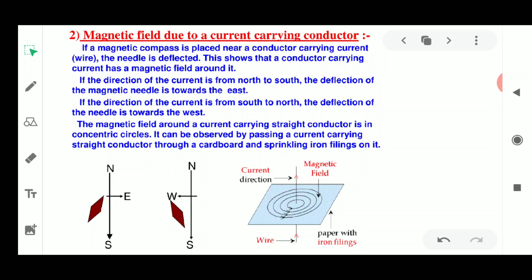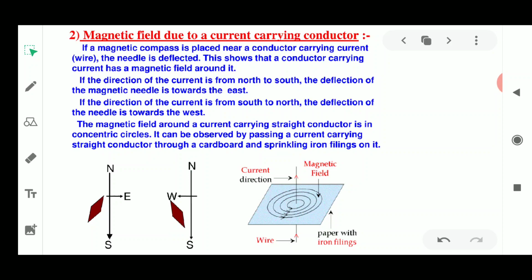Then we discussed the properties of magnets, or we should say the properties of magnetism. The first property was attraction, and it shows two kinds of forces, that is attractive force and repulsive force. Like poles tend to repel each other, they show the property of repulsion. The next property was attraction, where unlike poles attract. It means if you keep the north pole against the south pole of another magnet, they are going to attract each other.